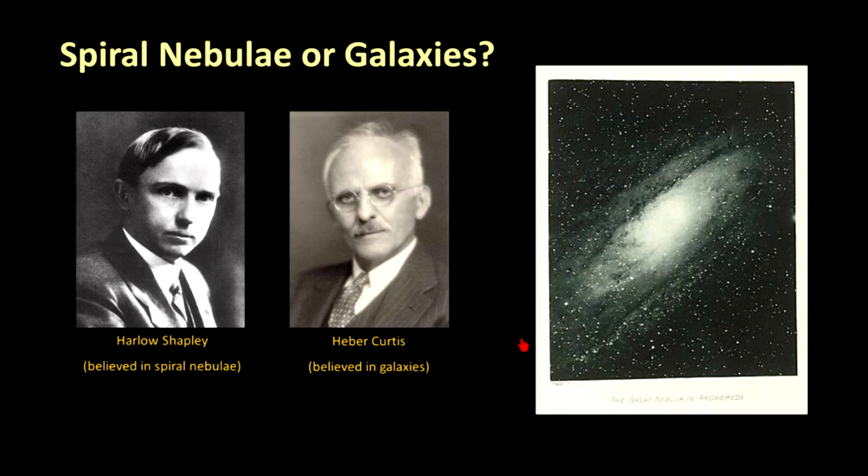So there was a debate in 1920 as to whether there are many galaxies in our universe, and the Milky Way is one of them, or that there are simply spiral nebula-shaped clouds in the single galaxy of the Milky Way, which was the entire universe. In other words, the entire universe was just the Milky Way. Now, there was no real winner of this debate, but the reason this is significant is because it turns out the ability to detect Cepheid variables in one of these fuzzy-shaped spiral nebulae would be the key to the